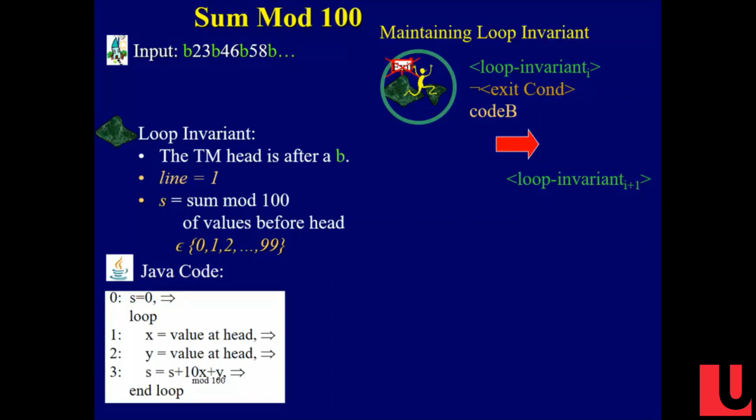So I'll tell you right now what we're going to do on this test. I have one question which says, give me the code in the loop that maintains the loop invariant. Okay, now, how do you establish the loop invariant? All right, what's the start state? I'm going to help you through it. So that's what we're going to do now.